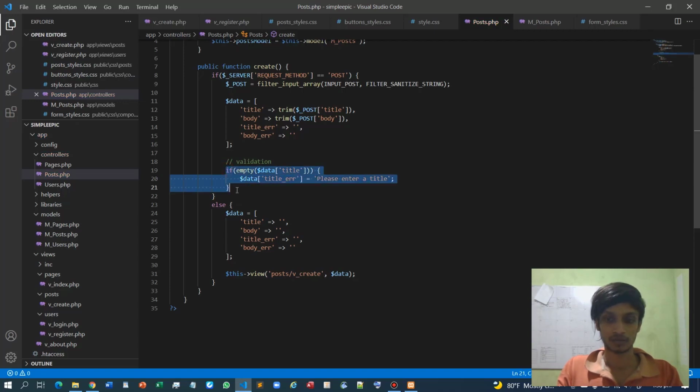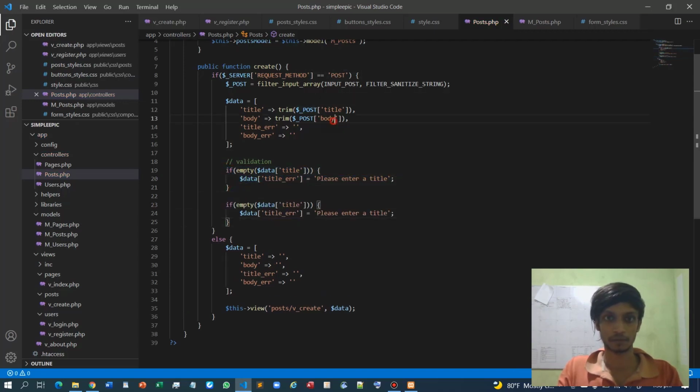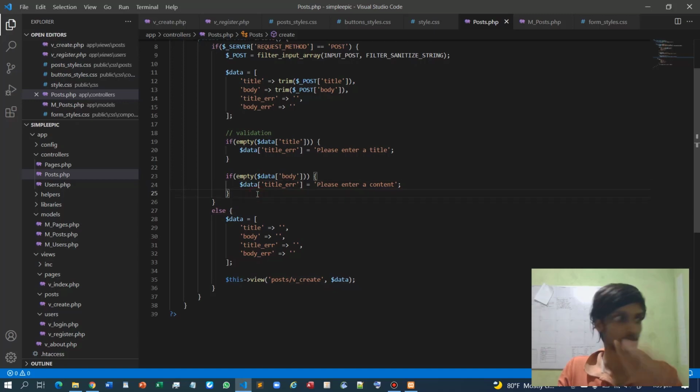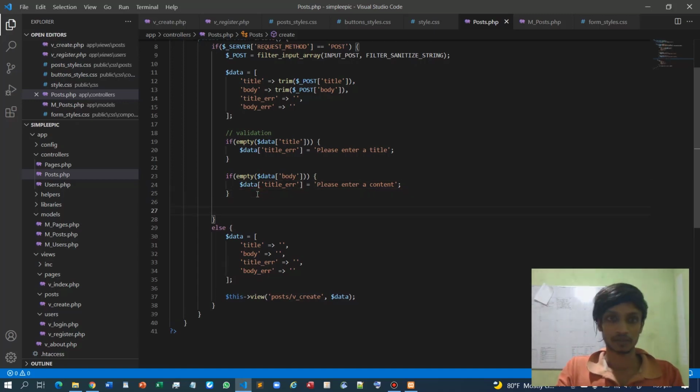Similar thing goes over here for body, but it's body error, and I will name it as content. So if nothing is empty, which means there will be no error,